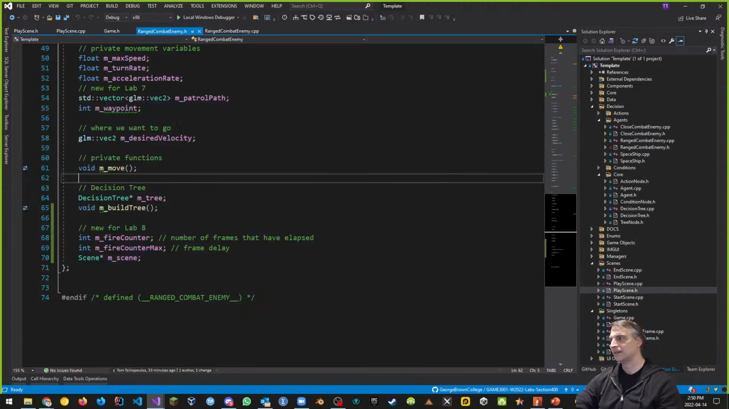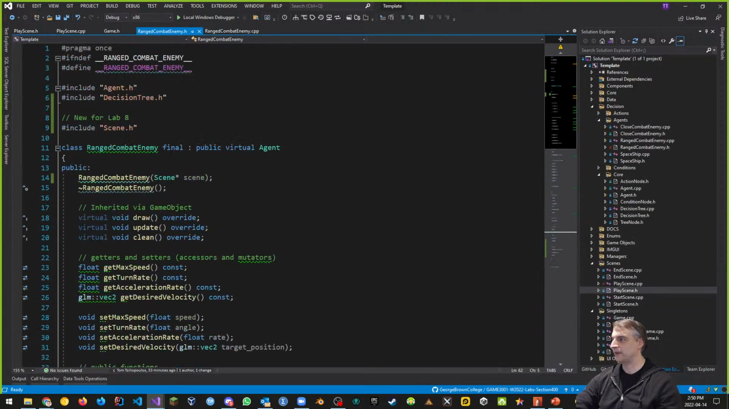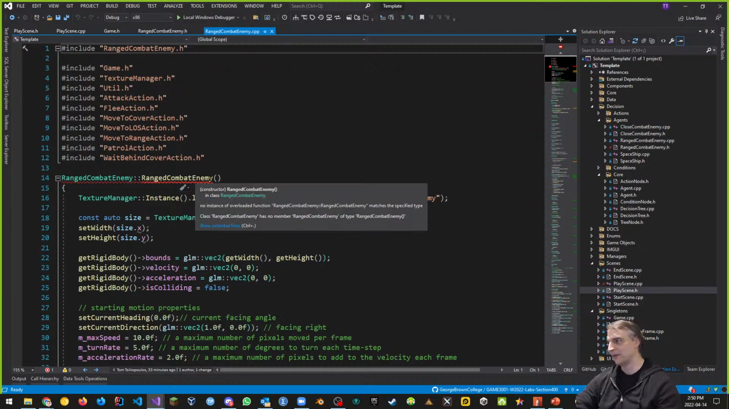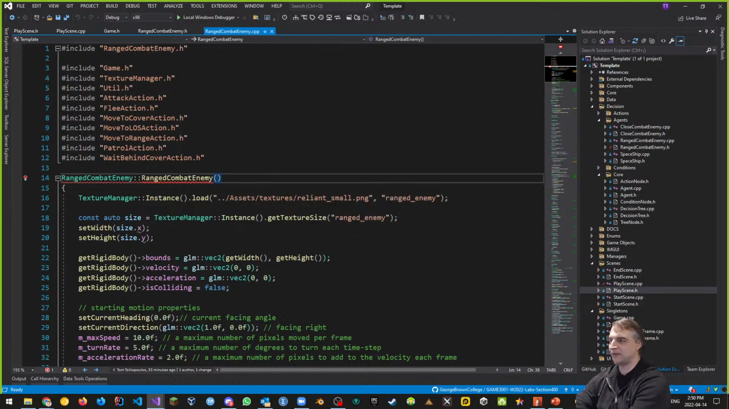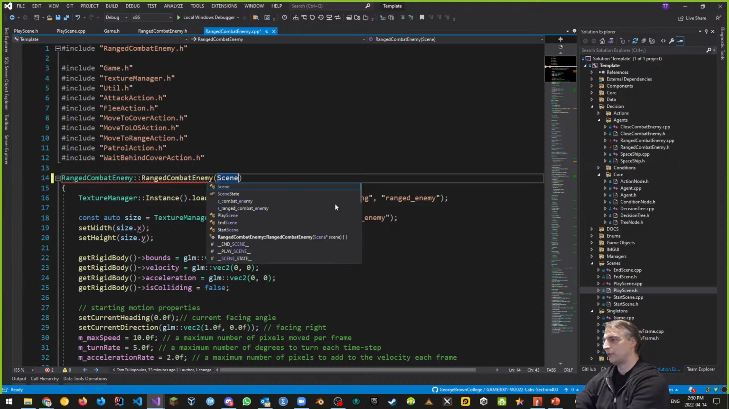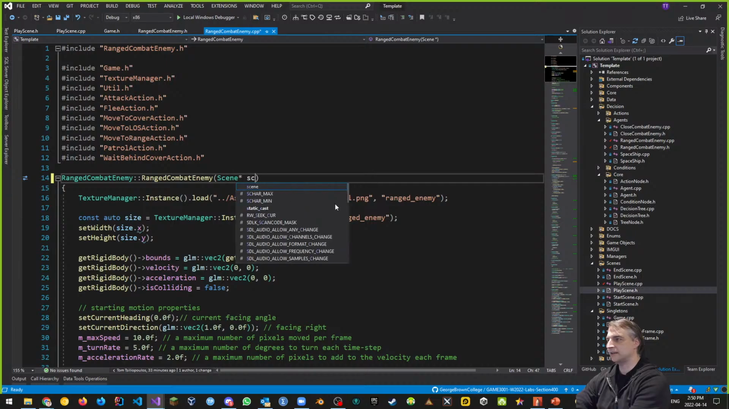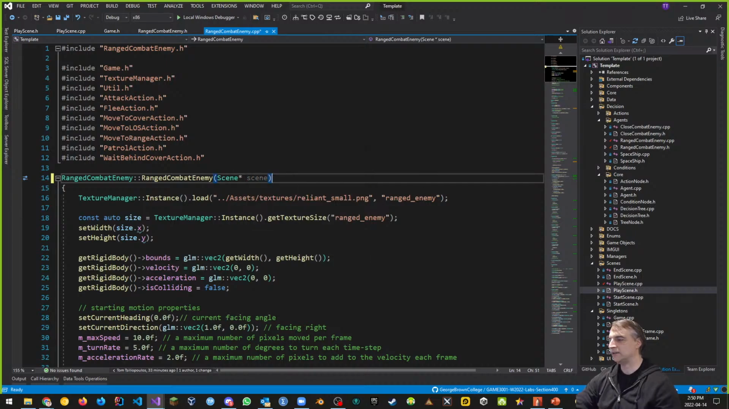Well, we changed this, but did we actually change the CPP? We did not. So this is something we have to change too. That was where all the other errors came from. So let's put that in there too. So we're going to say we want a scene pointer. That's what we want, a scene pointer. And we're going to call this the scene. And we need to